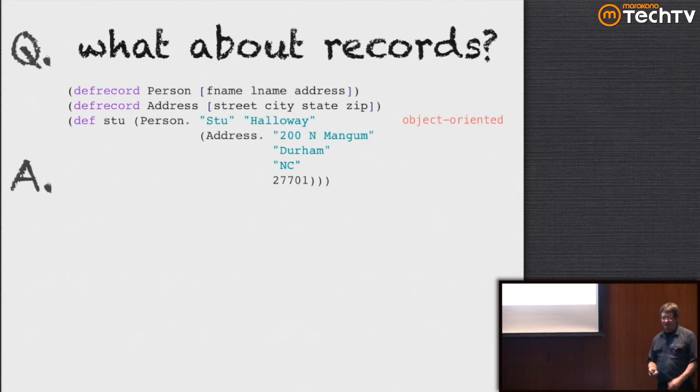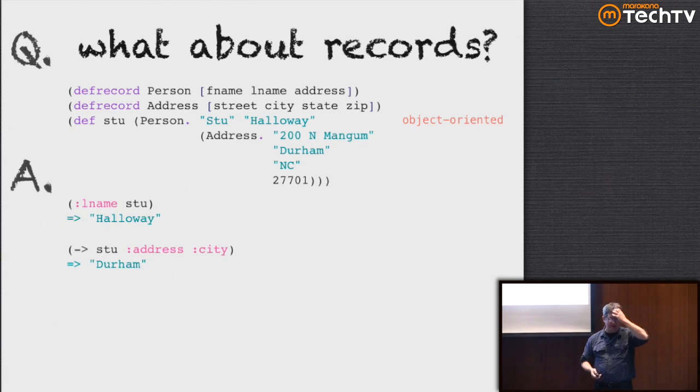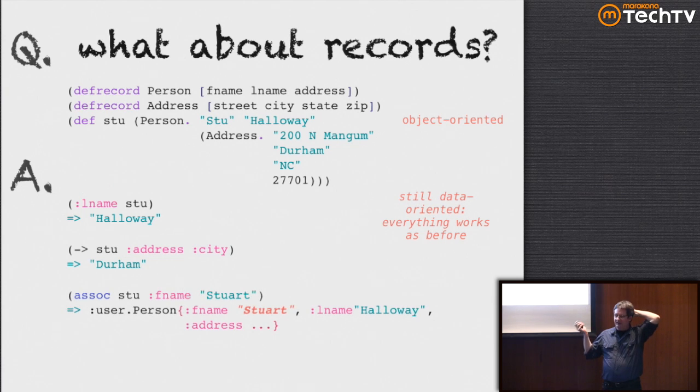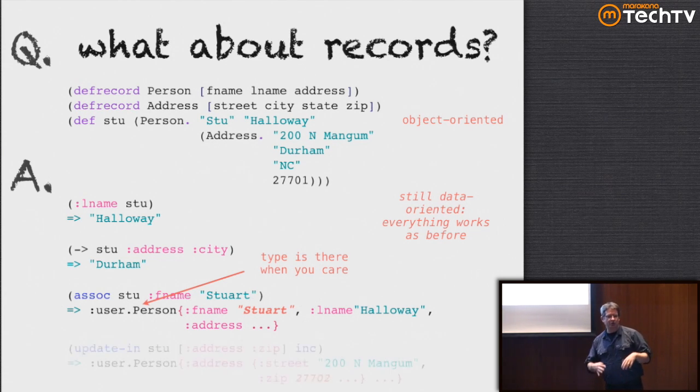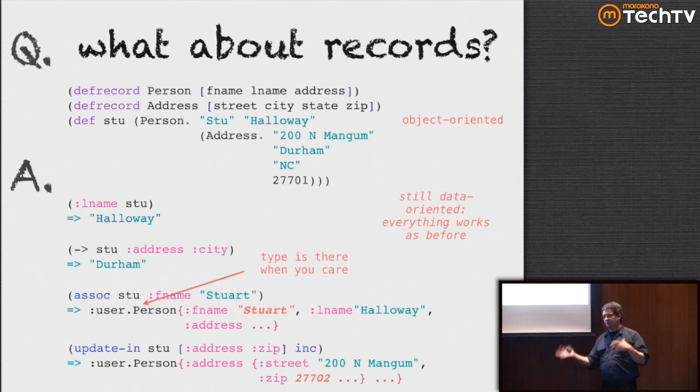But you can do the exact same thing on top of records if you want, which are basically classes. So here's the same thing constructed in an object-oriented fashion. But even if you have this object structure, you can still use the same keyword access to get things out of maps. You can still use the same nested access to get things out of deeply held collections. And you can also do the update the exact same way you did it before. This is part of this easy mapping between Java and Clojure. Clojure likes maps, Java likes classes. You know what? We'll just map them back and forth between each other and let them very seamlessly move back and forth.